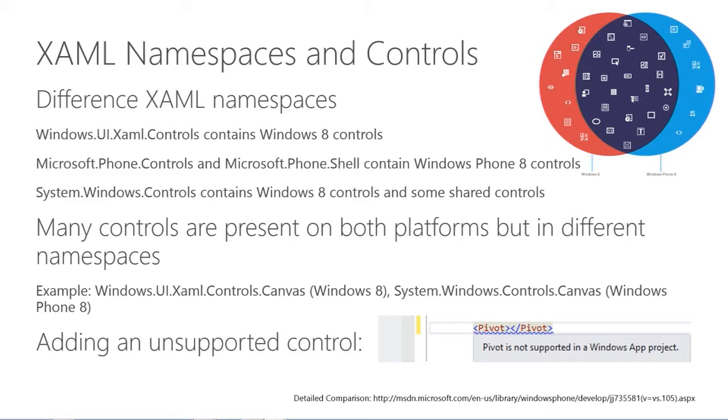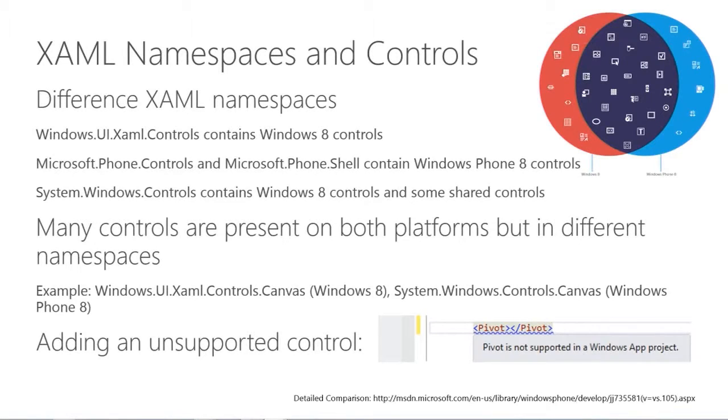Many controls are present on both platforms, but they're, as I said, in different namespaces. So things like windows.ui.xaml.controls.canvas versus system.windows.controls.canvas on Windows Phone 8. And then, of course, there are some controls that are just not supported on the other platforms. The pivot is a perfect example of that. It's a control that was designed specifically for Windows Phone, and so the Windows 8 team chose not to implement that, and it probably didn't make sense to implement that on Windows 8, and so if you try to use that,